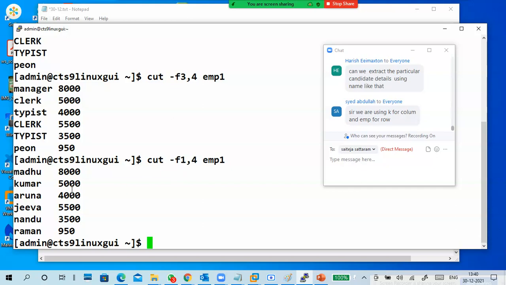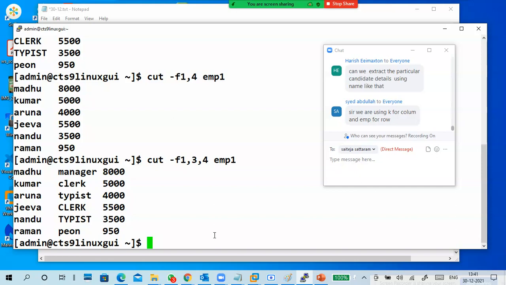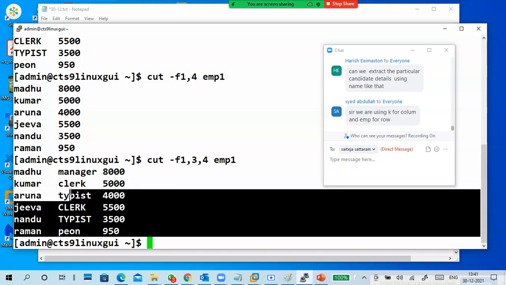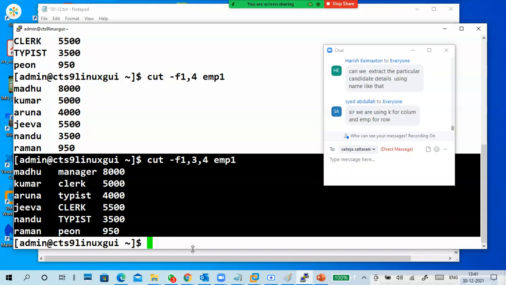We can also display multiple columns, 2 columns, 3 columns, like cut hyphen F 1 comma 3 comma 4. EMP1 is a file name. So 1, 2, 3 also we can display.